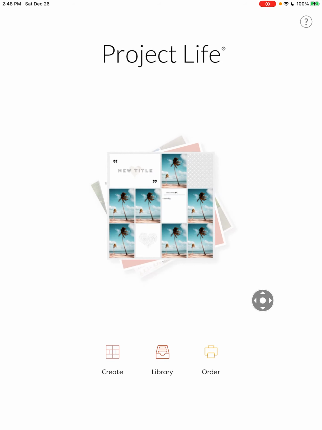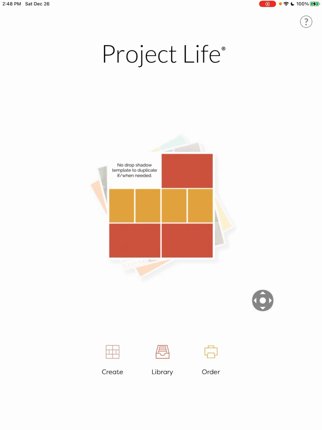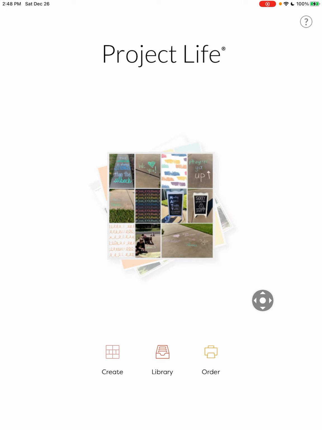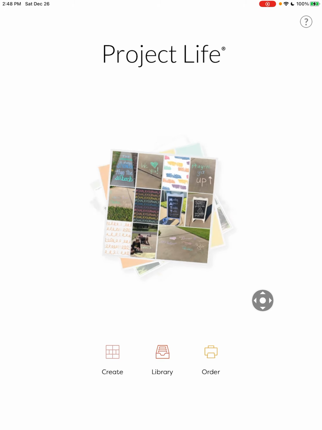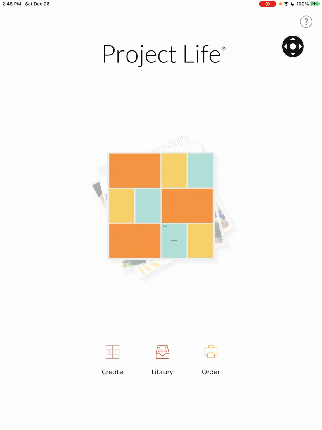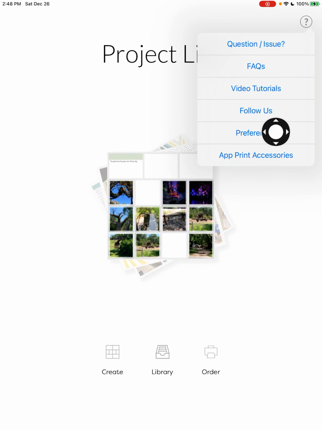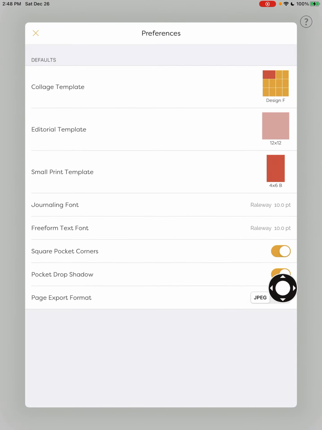If you haven't had a chance to watch 1 and 2, go back and do that, and then join us here for video 3. We're going to set up an editorial template to duplicate later and a no drop shadow template to duplicate later. So let's begin with the no drop shadow option, and we're going to go back to